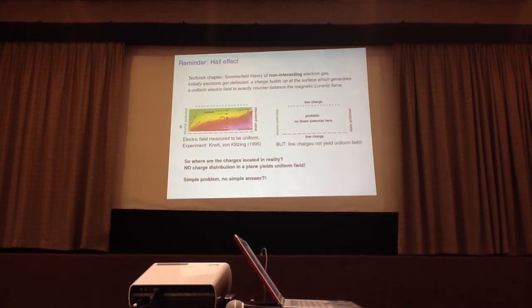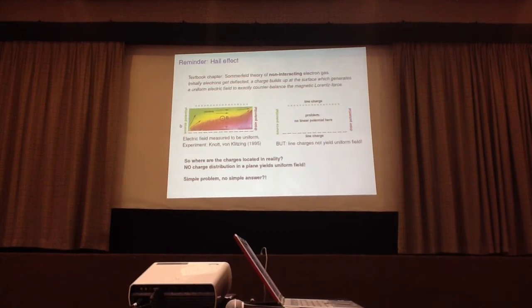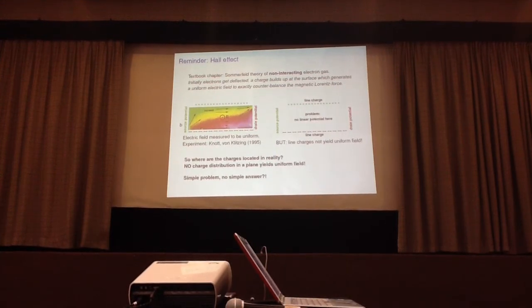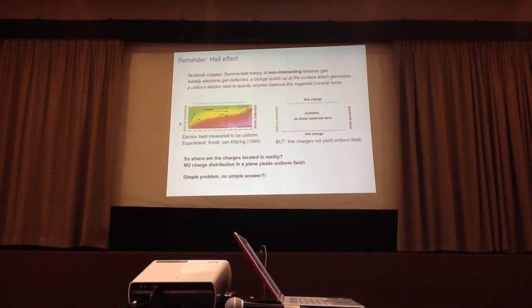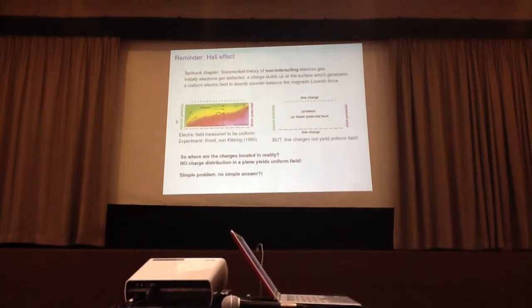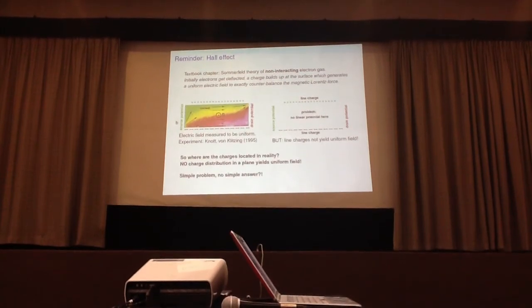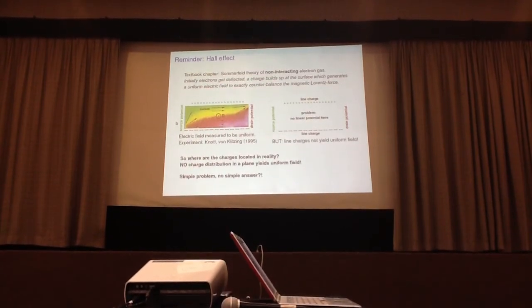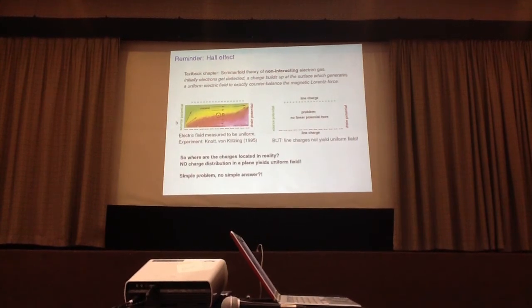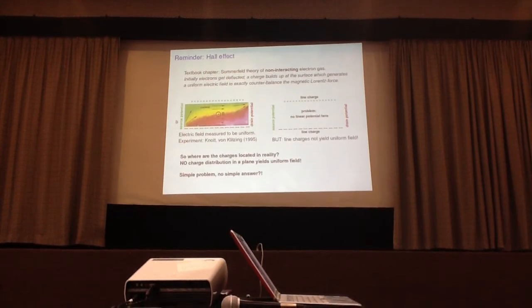Now, this looks very reasonable, but if you think about the electrostatics of this proposal, you would have up here a sort of line charge, because remember, this is basically a two-dimensional plane. And down here you have a negative line charge. When you calculate the potential of a line charge, there's actually a divergence at this line charge, and the potential between two line charges is by no means a uniform linear potential. It's only between two infinite parallel planes, of course, that this gives you a perfect potential, but this doesn't work if the system is actually a plane. So the problem is: where are the charges standing, or how is this field generated?